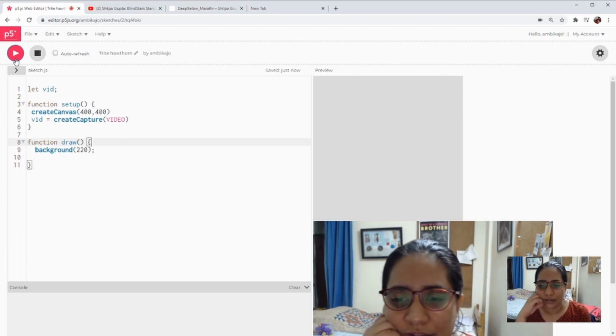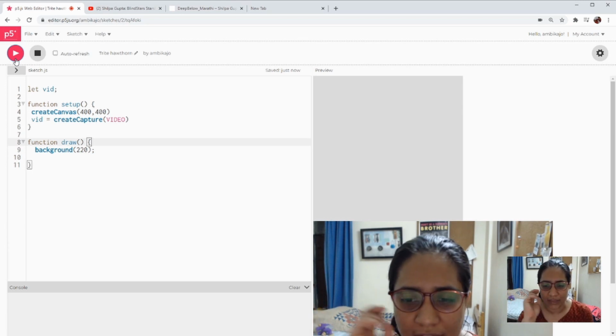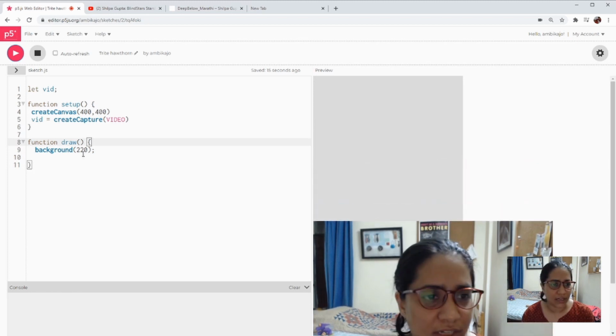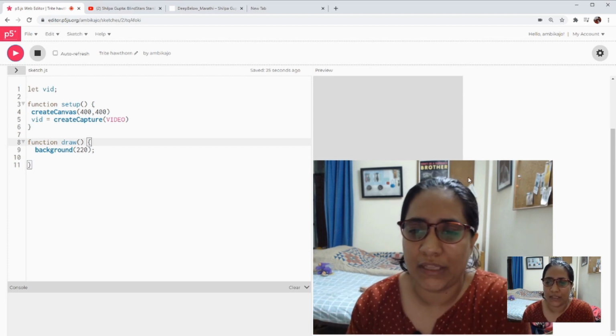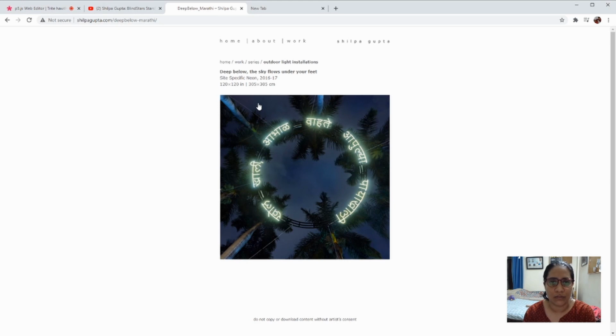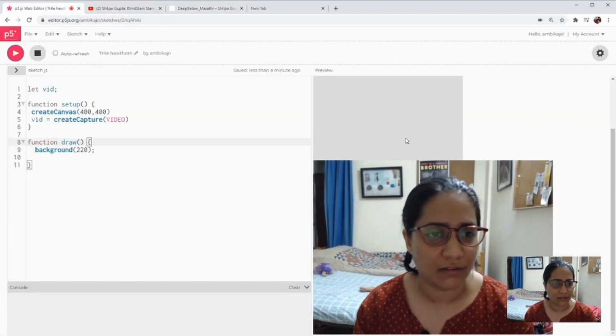Maybe you guys can see that the video feed is coming at the bottom of the canvas. Now this is a bit of HTML within P5. When you initiate the video, it initiates as an element of the HTML. What does that mean? It means that when you go to a browser, I can select all my text, copy it, select the image. But when we use text in P5.js, you cannot select it. It gets embedded within your canvas.